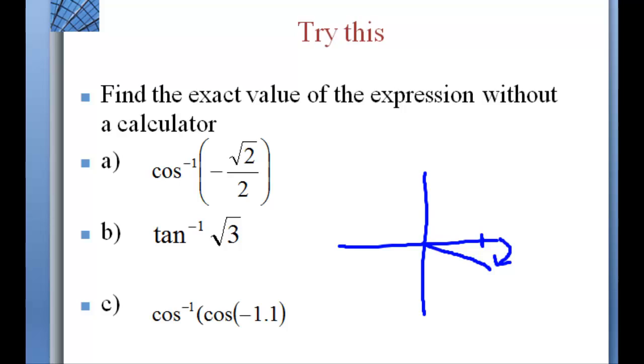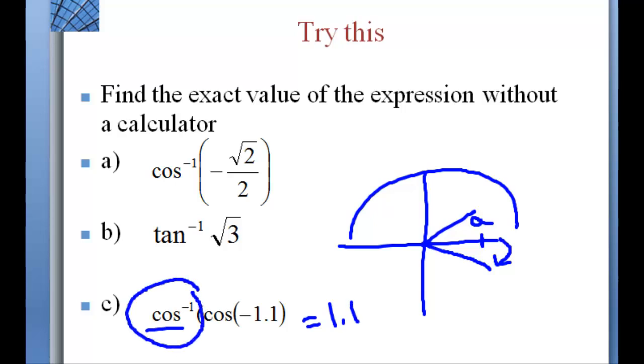The cosine is going to be some value. Then we want to know what is the arccosine, the inverse, of that. Remember, the arccosine has to be the top half of the circle. So instead of negative 1.1, in this case, the answer is going to be a positive 1.1, because you have to be careful about